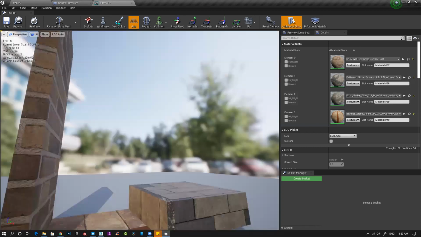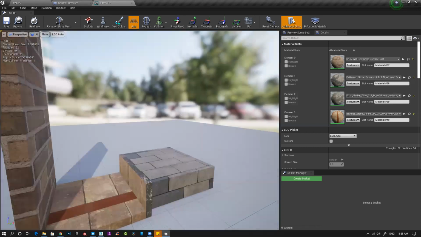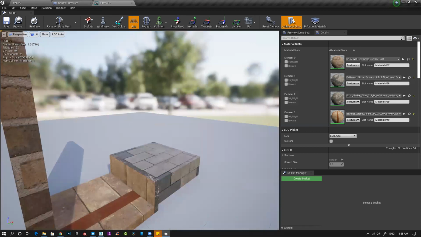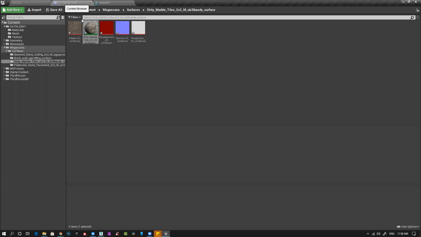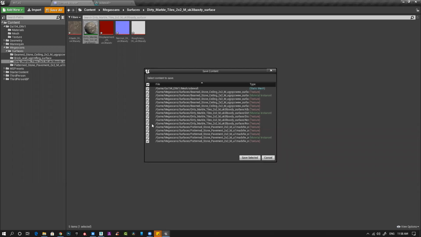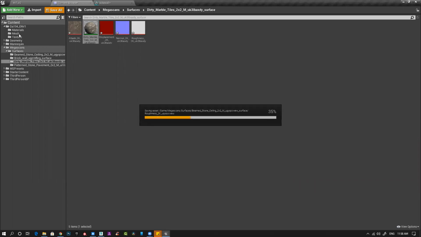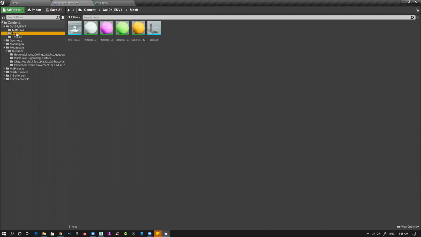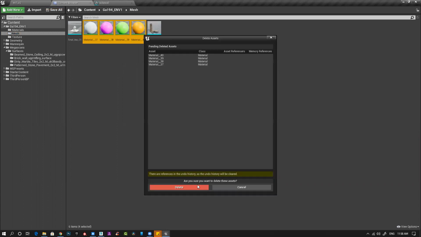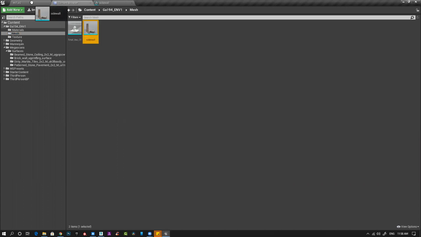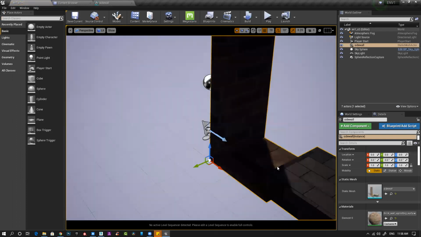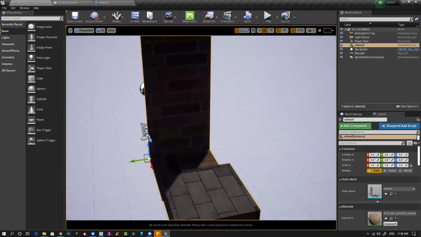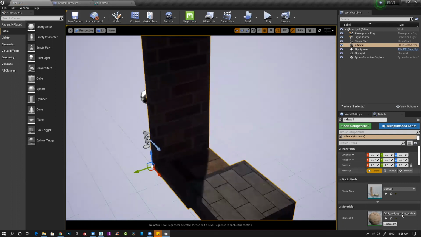So now you can see I have different materials applied here. This one I missed by chance, I guess. Anyway, let me go to content and save everything. Make sure you save everything. Mesh. All these things are not required; if you want, you can delete them. Use this, drag and drop this in your scene location. Right now the location is set, and now I have to set the tiling.